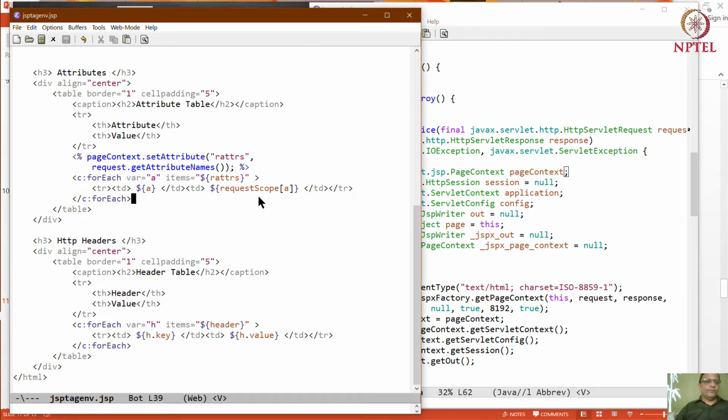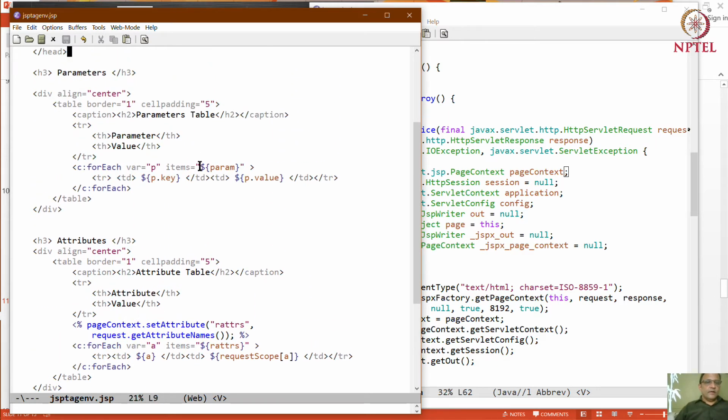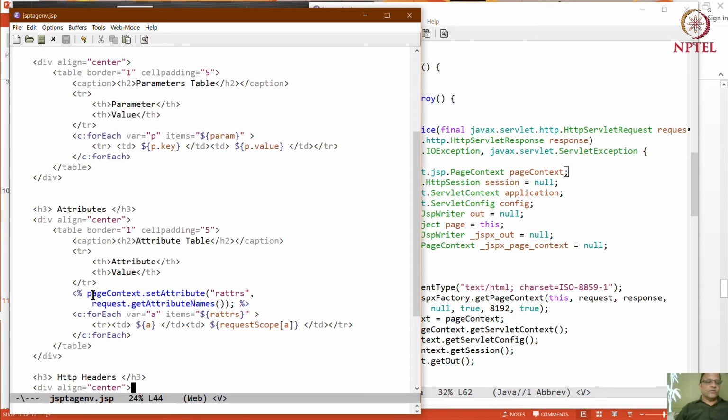version of JSP. And so what we have is, you have to actually generate one of these attributes, which then becomes available as a variable. So somewhere in that generated code, this param variable is also created in the same style, but it is implicit in the code rather than we having to do it.